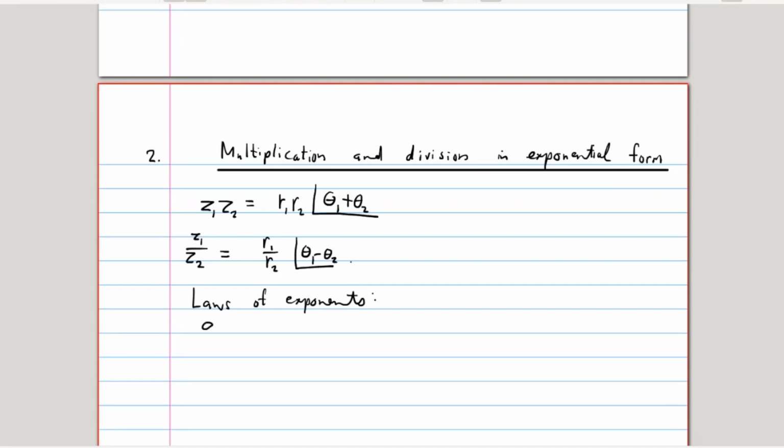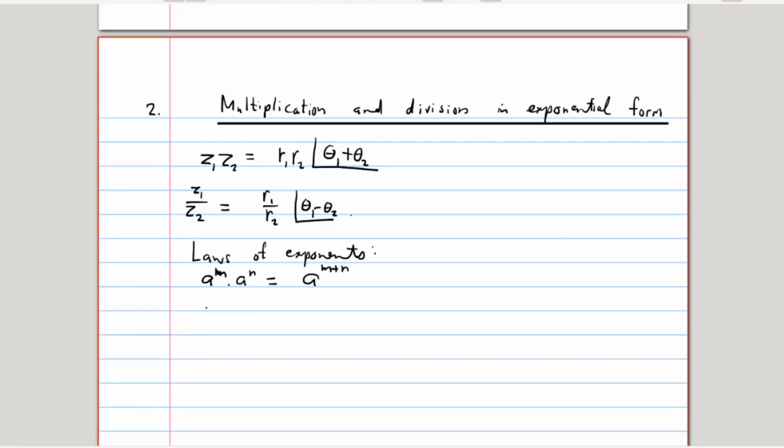If I say a to the m times a to the n, so just a recap on the laws of exponents, then you can just write this as, when the bases are the same, you just add the exponents. When you divide a to the m by a to the n, you just subtract,